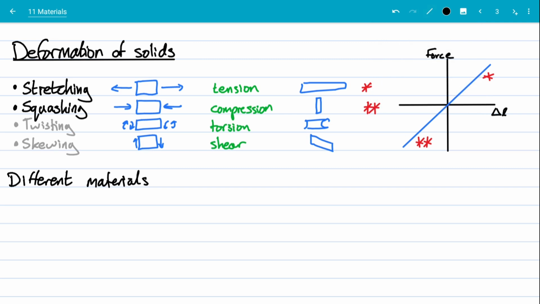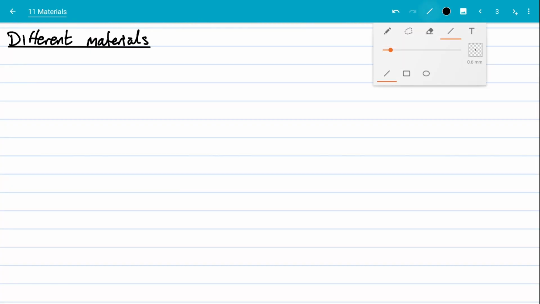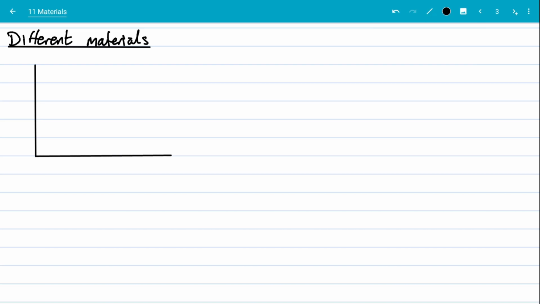And because I've been drawing force versus extension, or now we're calling it force versus change in length, I'll stick with that convention. I'm only going to be interested in the first quadrant of the graph for now. We can add more later if we want, but there's not much point at the moment. So force, and then I'm going to put change in length